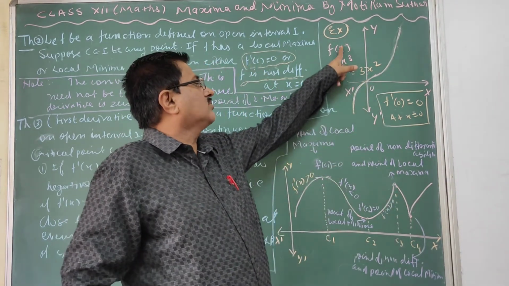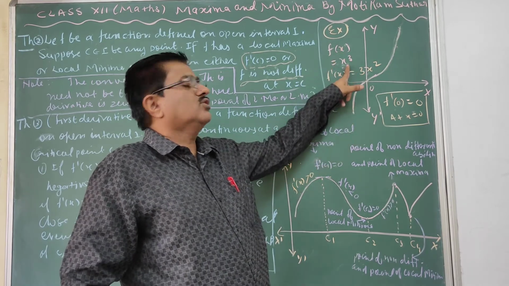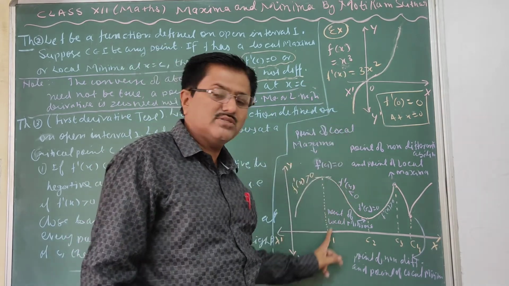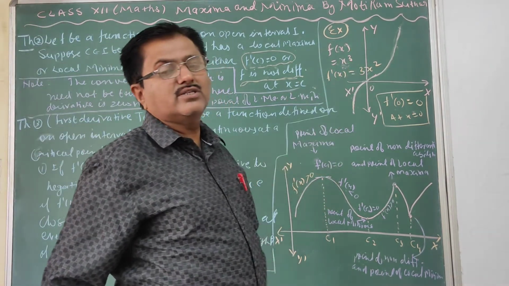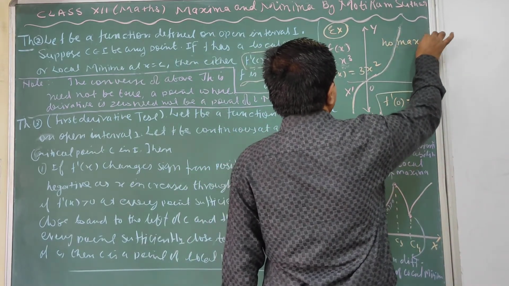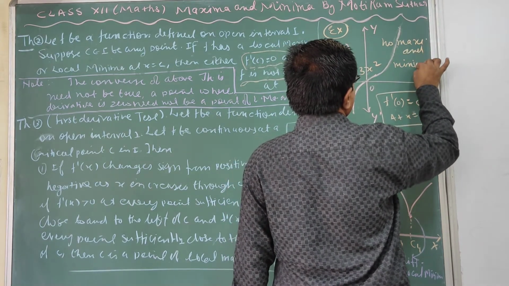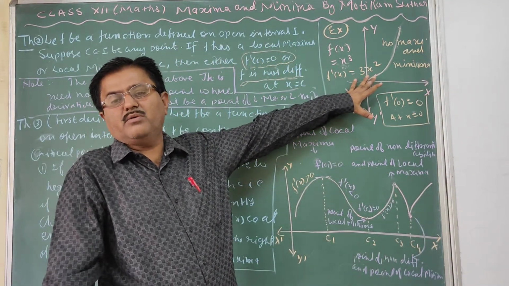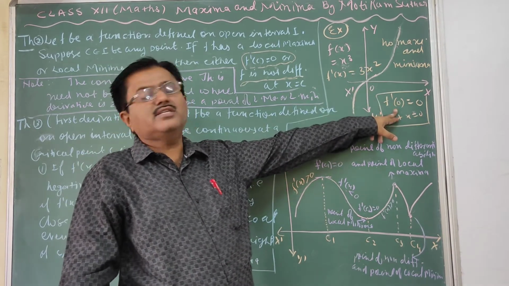Similarly, when you take x equal to 0, it is 0. X equal to minus 1, then it is minus 1. X minus 2, then minus 8, minus 27, and in this case it also goes in the negative direction. So this function has no minima or maxima. It is clear that this function has neither a maximum value nor a minimum value. But we are saying this, so the converse is not true.